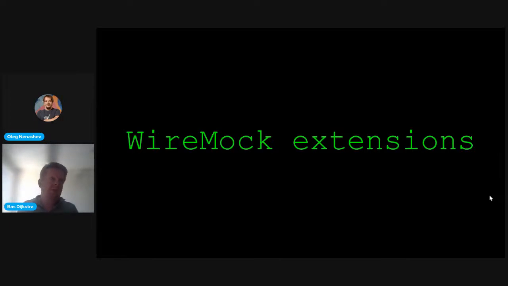They thought it would be a great idea, and I wholeheartedly agree with that, it would be nice to have some points in the WireMock architecture where you can actually extend the functionality, where you can extend the behavior of WireMock itself and of the mocks that you are going to write using WireMock.